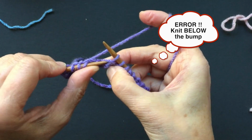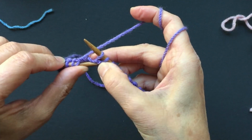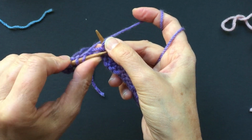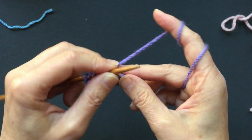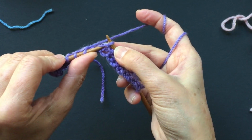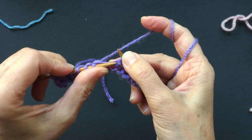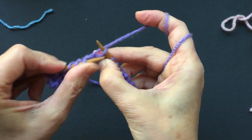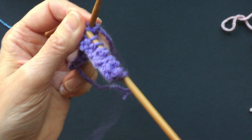And right now in here we have again two strands, that yarn over and the regular bump. So since we have two strands, we need to knit above it. And one strand, we will go and knit below it, below, okay? And again, one strand, two strand, so above it, okay? Let me show it to you again